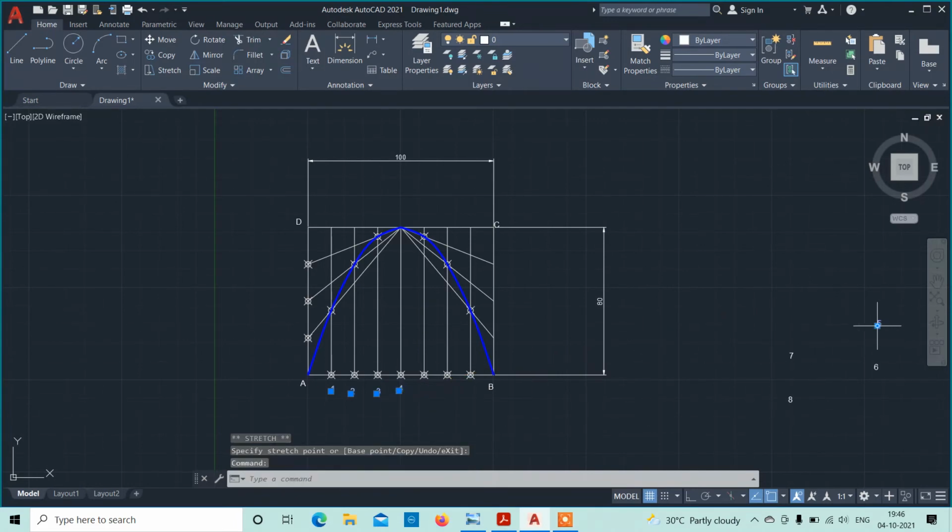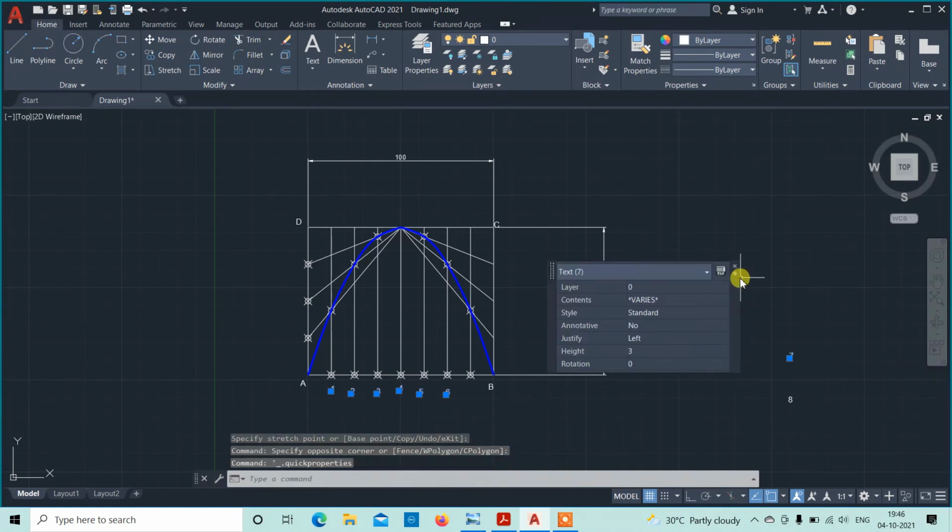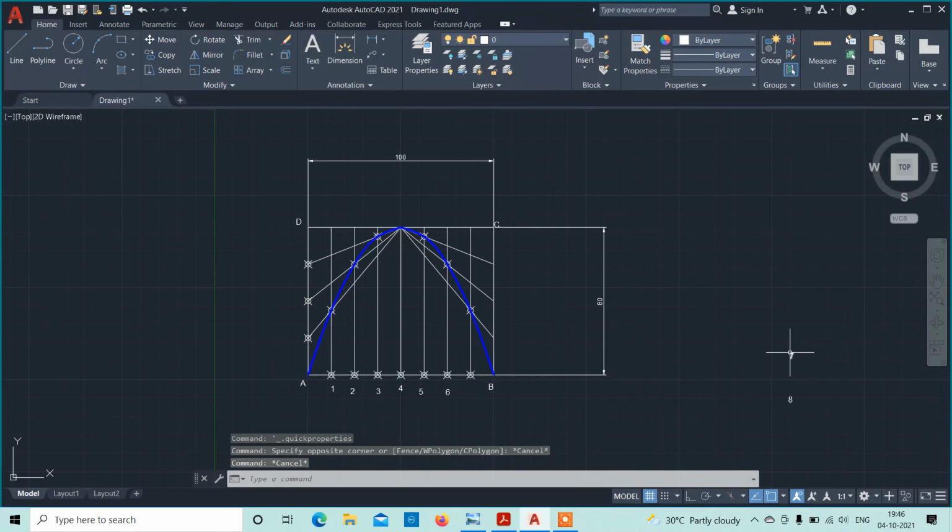Just position them at the same height so that it looks uniform. 1 2 3 4 5 6 7. Make sure that you place this line at the same position, so it looks uniform.